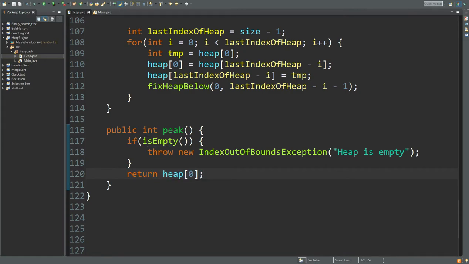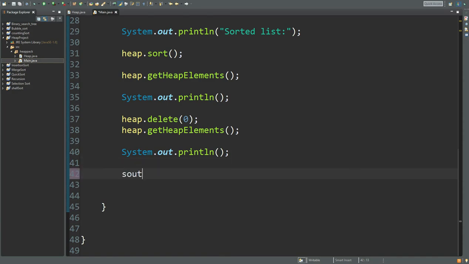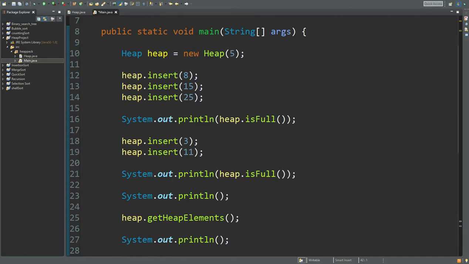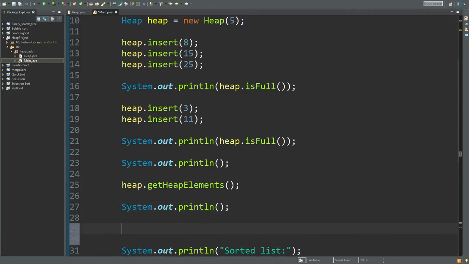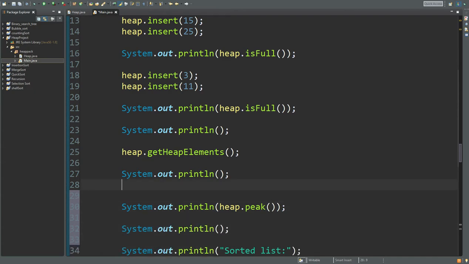So we will go back to the main method. We'll go here and we will call the heap pick method, or even better, we will go here. First we print the elements, and before the sorted list, let's see, we will do it like that. Before the sorted list we will see the first element,